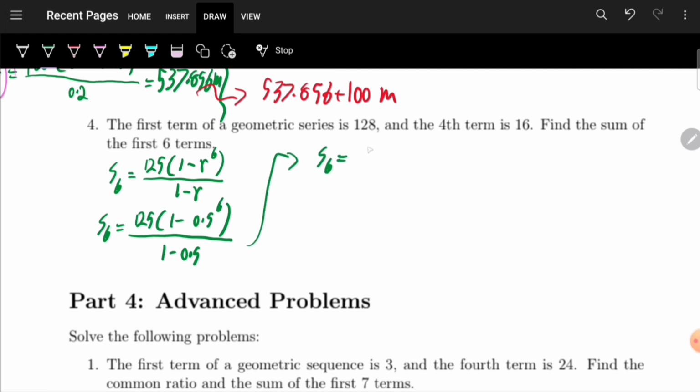So S6 is 125 times 1 minus 0.5 to the 6. So this is roughly 0.984375, all over 1 minus 0.5, which is 0.5. So let's multiply all of this, and this comes out to